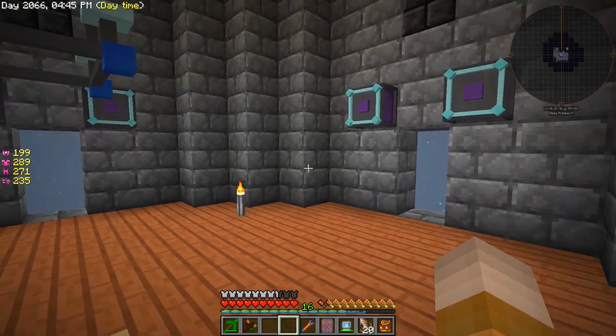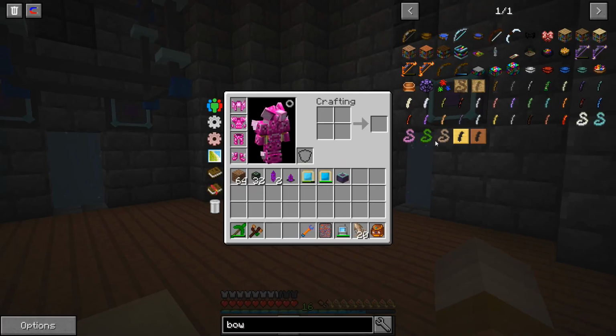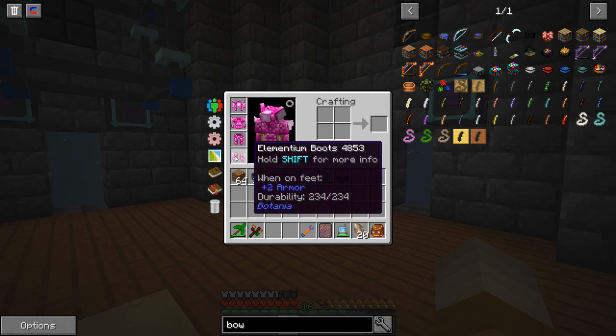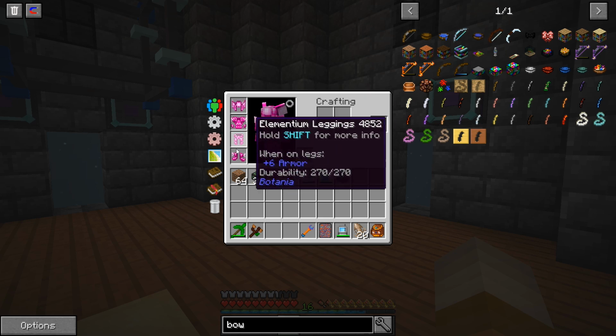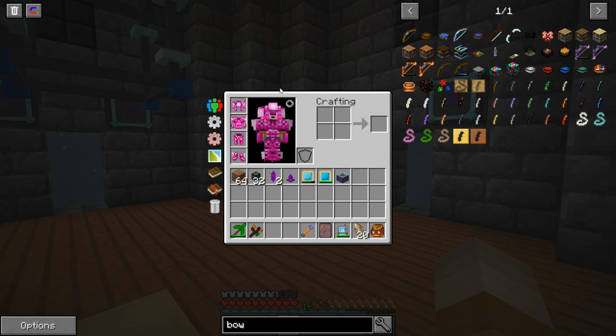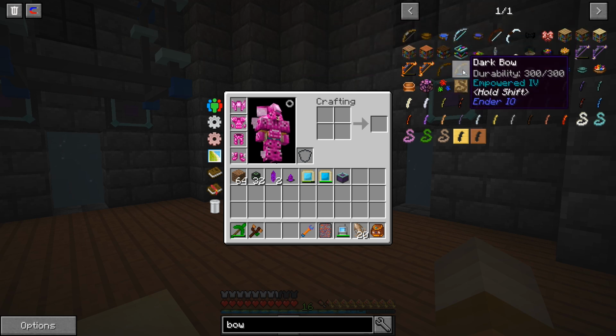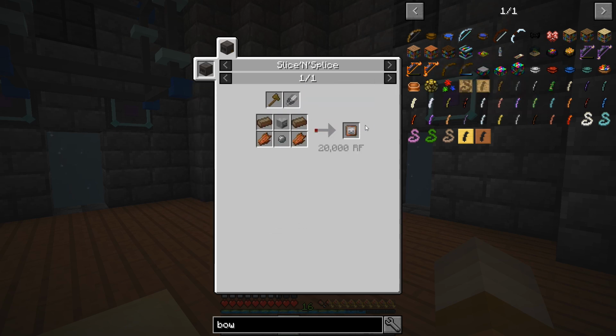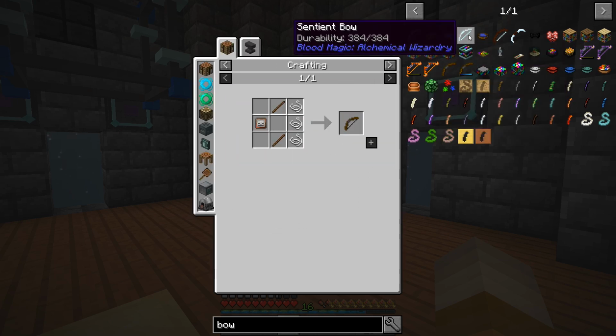So for the dragon fight, I think I'm gonna go with this armor probably. Maybe I will enchant it or not. It's not that hard, the dragon, and with a bunch of people on the server, it's gonna be a very fast fight. And I think actually I'm gonna do a dark bow instead of